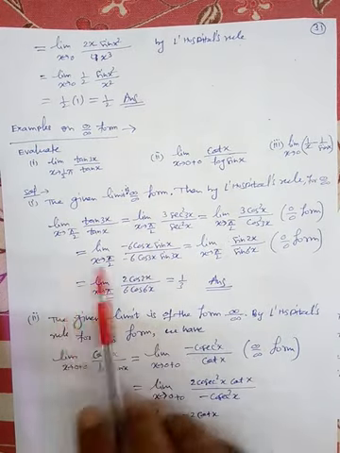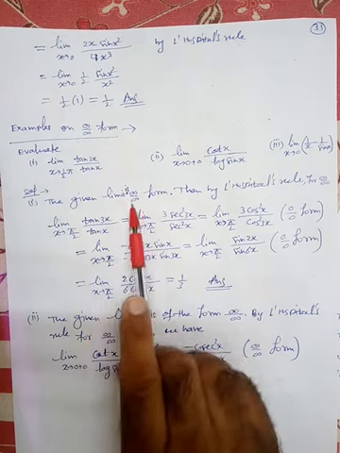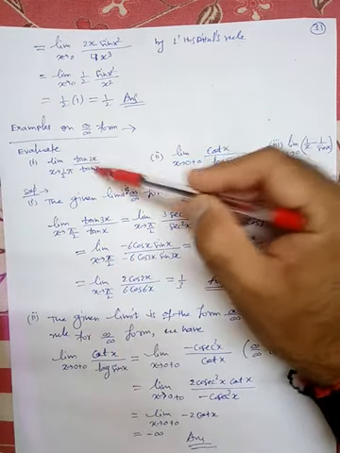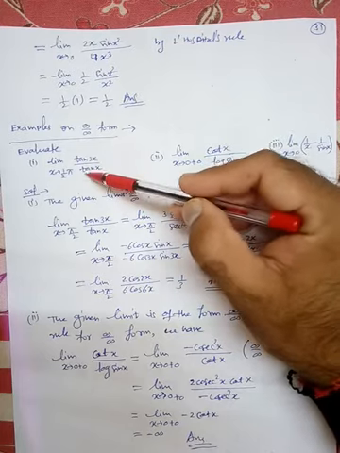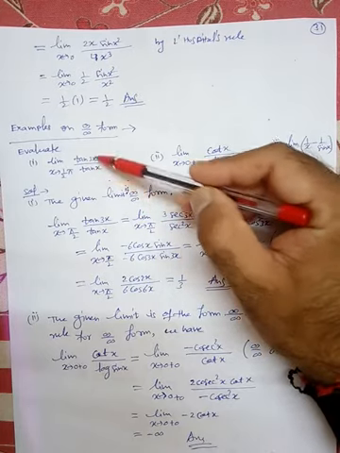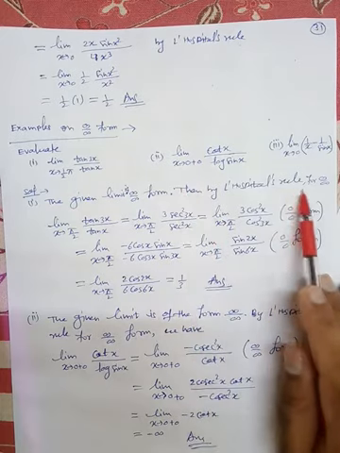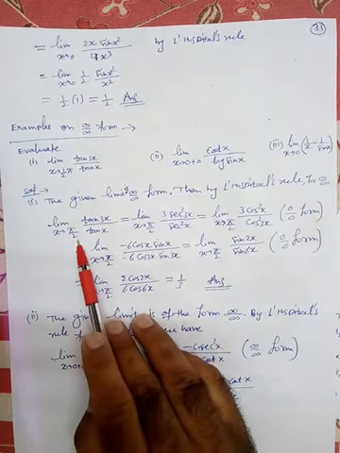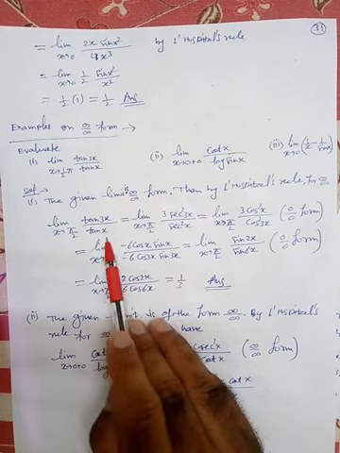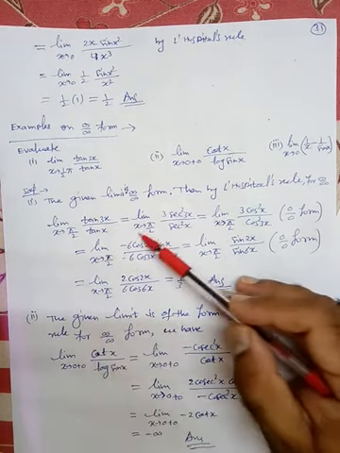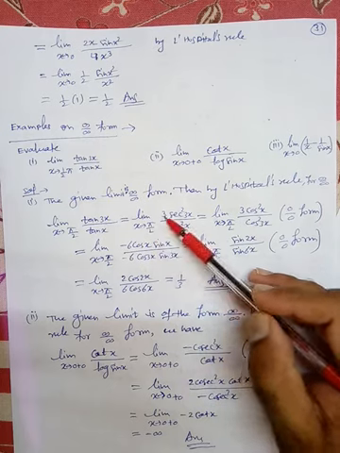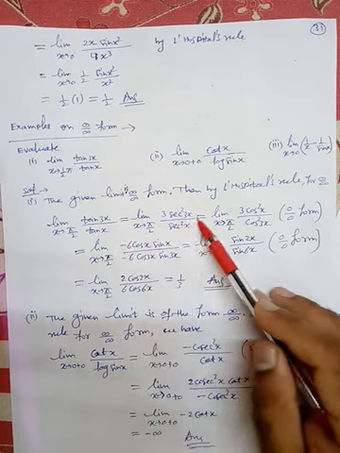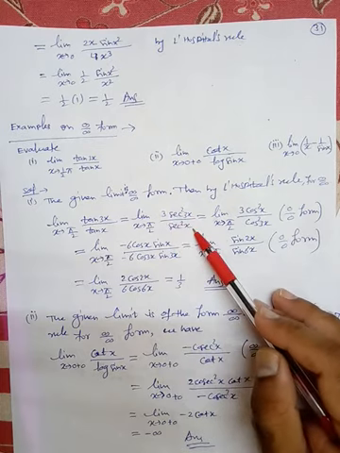Solution of the first part. The given limit is infinite by infinite form. When you put pi by 2 here, so infinite by infinite. Tan 3 pi by 2, 10 by 10 pi, which is infinite by infinite. So then by L'Hospital rule for infinite by infinite, limit x tending to pi by 2, tan 3x by 10x is equal to limit x tending to pi by 2. Just differentiate this numerator and denominator separately. So 3 sec square 3x divided by sec square x.